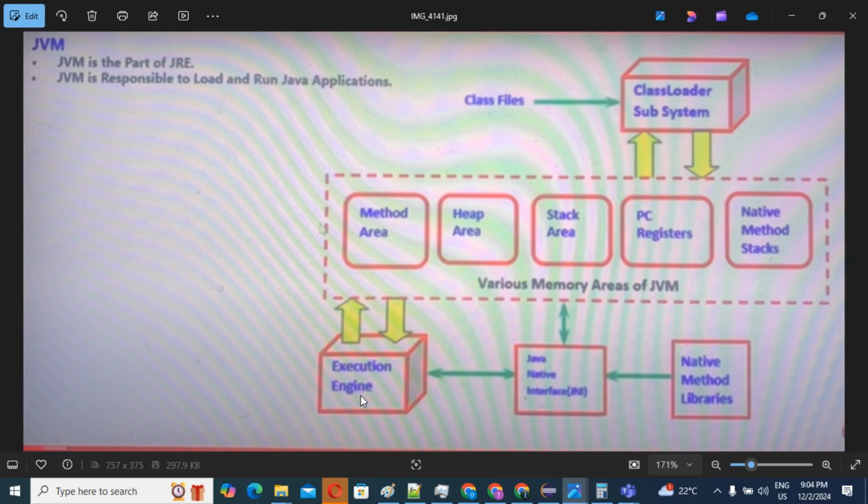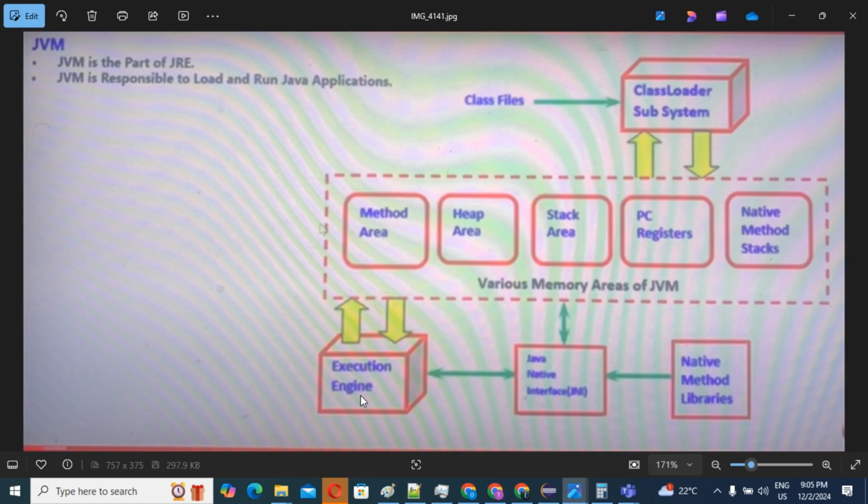Don't worry. Once we have loaded the .class file with the help of the class loader subsystem, we are going to keep this .class file in the respective memory areas, since we have various memory areas in the JVM. We have the method area, so we can save the .class file in our method area.